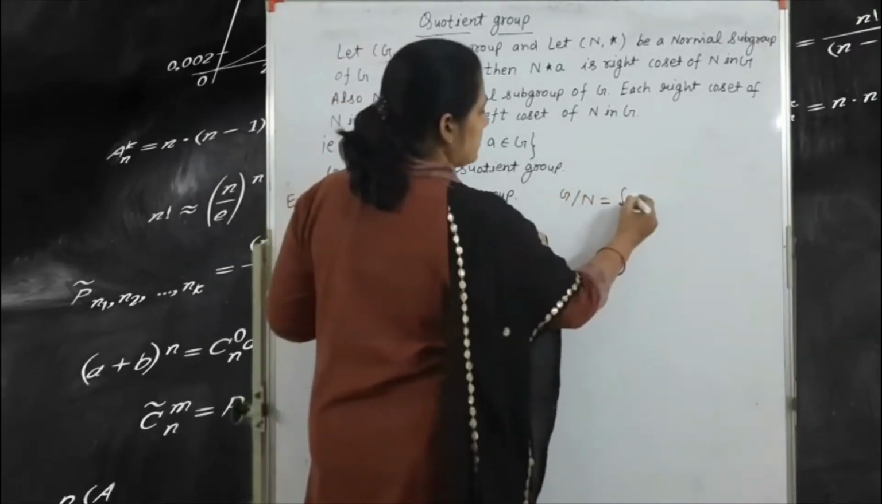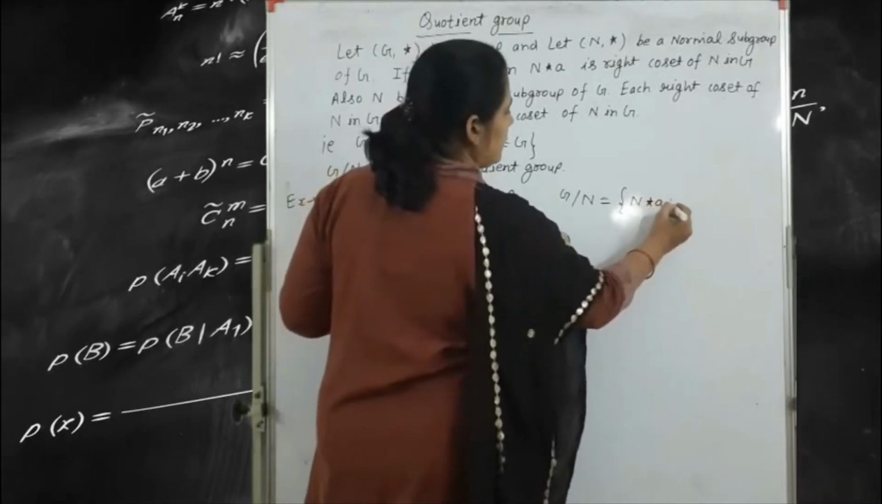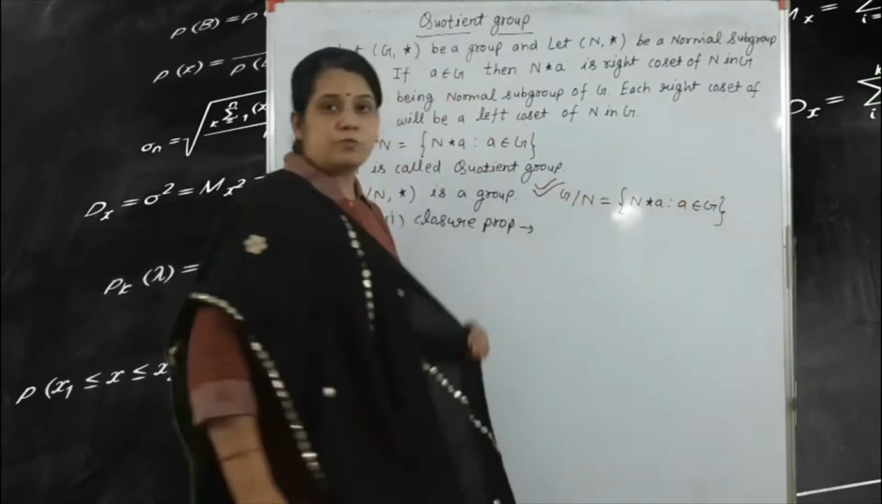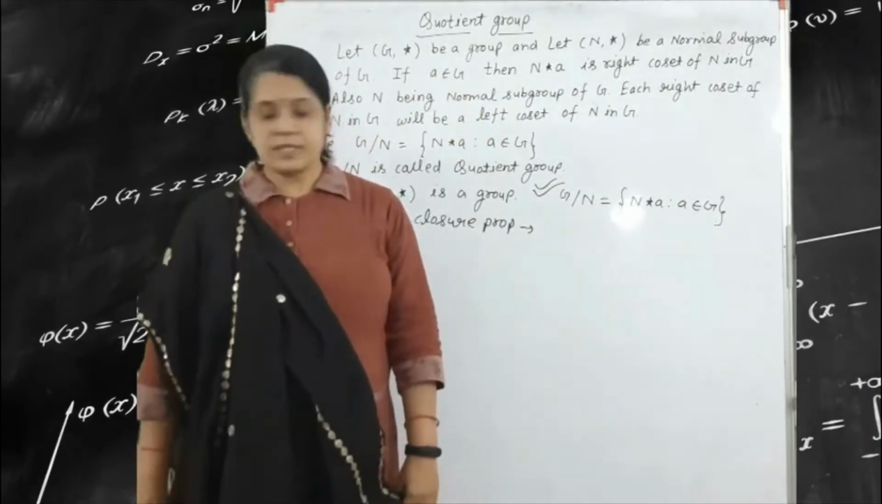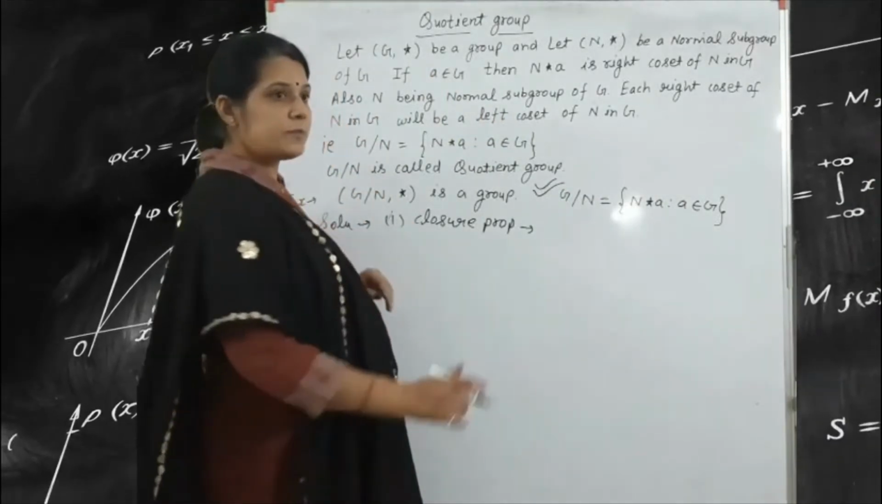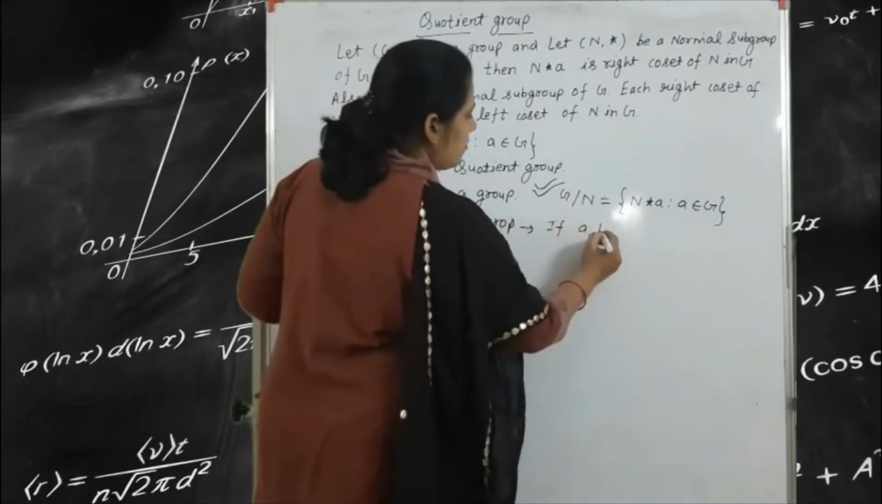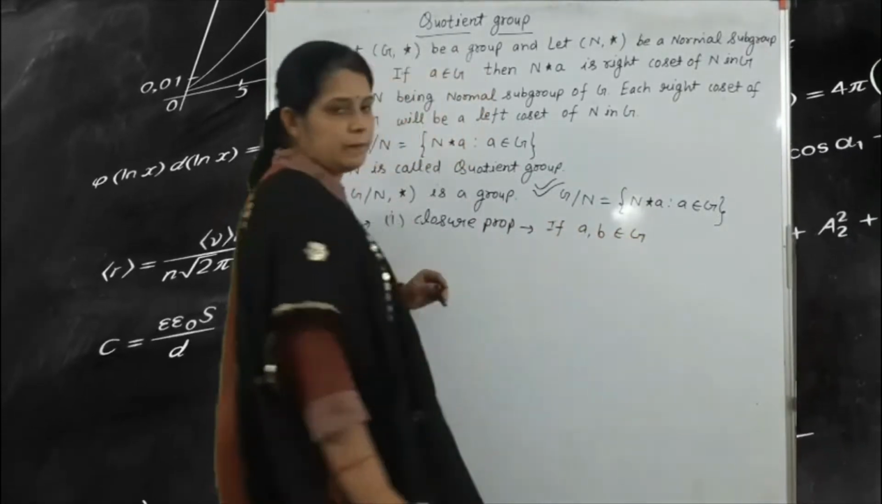G/N is equal to {N*a such that a belongs to G}. This is the proof of G/N. Okay, next one is the closure property. So closure property, that means what? For all a, b belongs to G,